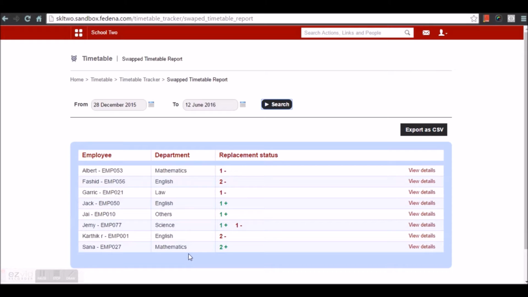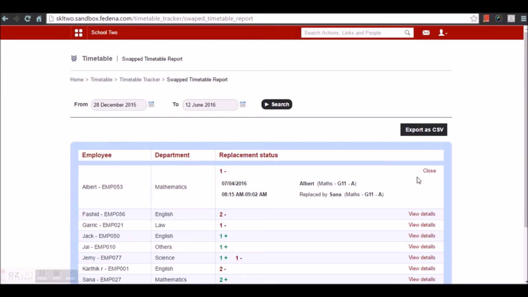display a clear swapping report for the employees, where you can take a CSV report and create a separate report in case the department specific report needs to be generated. And for each of these employees, the replacement status is very visible here, where you can go for view detail, and the replacement status shows that this employee has been replaced by another employee, and the time periods where the employee is being replaced is also displayed here,